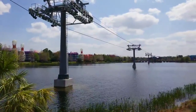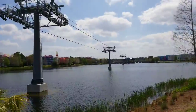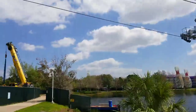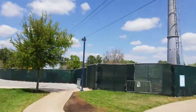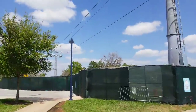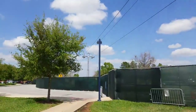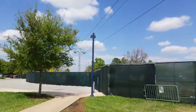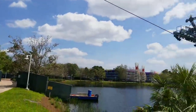Ivan, any idea on the ride estimated time between resorts and parks? This run right here between Art of Animation and the Caribbean Beach is going to be less than 2 minutes. Same for Hollywood Studios, less than 2 minutes. The run between Caribbean Beach and Epcot is going to be the longest of those runs, and that's probably about 7 to 9 minutes. It's a very, very quick moving